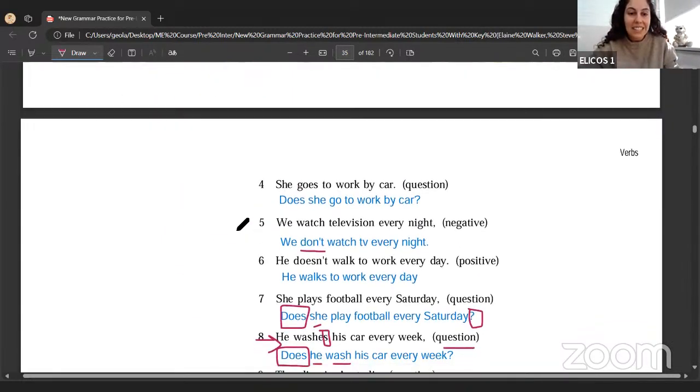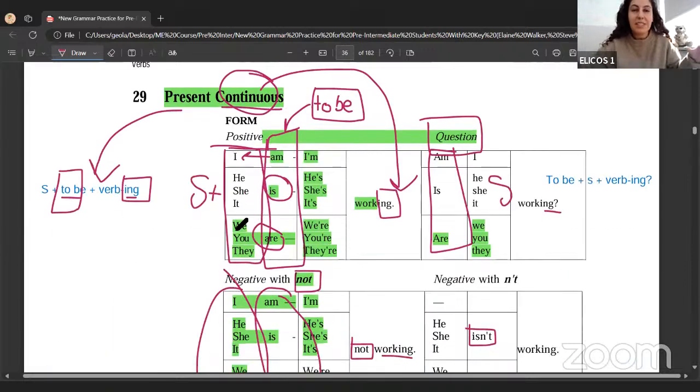And then the continuous, remember, because it's asking about now or at the moment, you need to put the verb to be. I am working right now. I am learning a new language right now. I'm watching a movie right now. I'm relaxing right now. It's an action that I'm doing now or in the moment. Okay, we'll have a quick